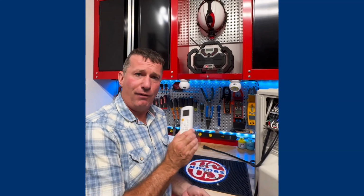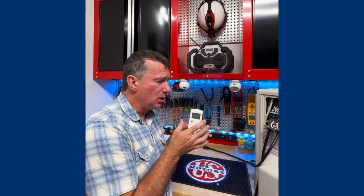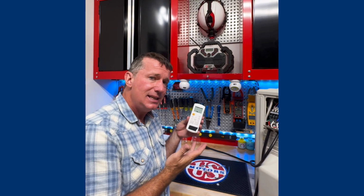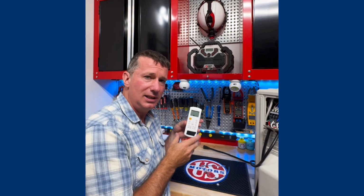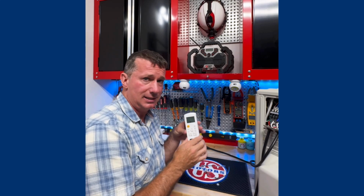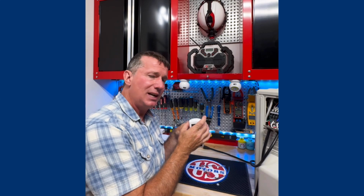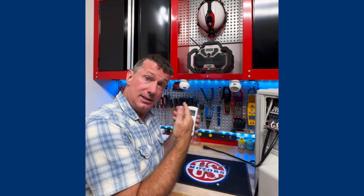It's pretty cool to think that we're actually using a form of pulse width modulation in our wireless remote control. But instead of using the DC signal like we're using on our ductless outdoor unit communicating to the indoor unit, we're going to do that with pulses of light at a very fast speed and at a frequency that the human eye doesn't actually capture. So by using an IR camera, we can actually record what those signals are and see what those pulses look